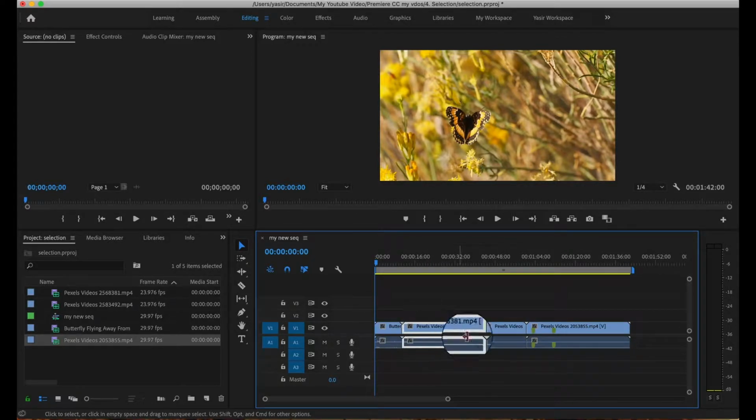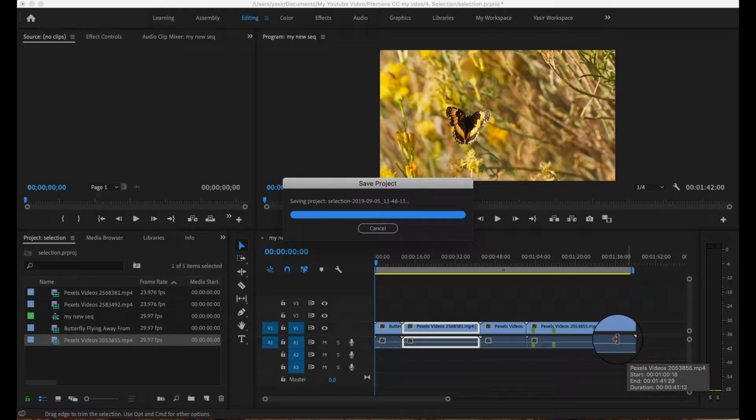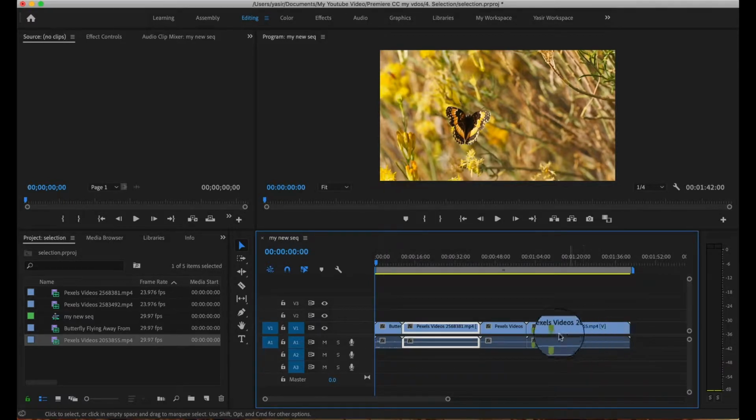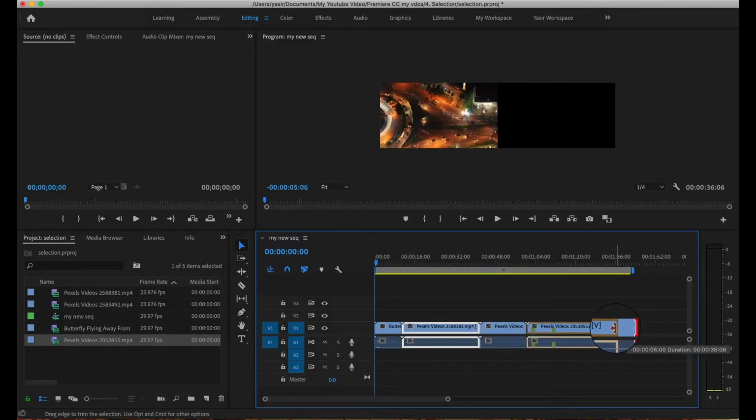Right, and if you hover over the end of this video, like this triangle, like I said in the old videos, this triangle is the mark that this is the whole clip or the whole video which you have imported, and this is the end of it. This is the starting triangle and this is the ending triangle. So if you hover over it, you can even trim the video from here by dragging it inwards,